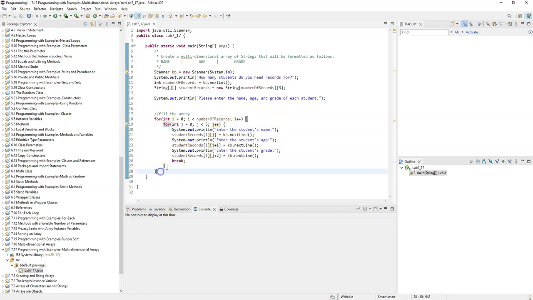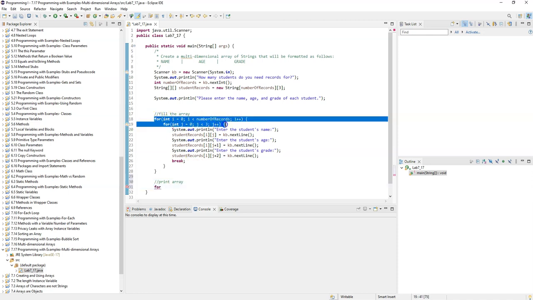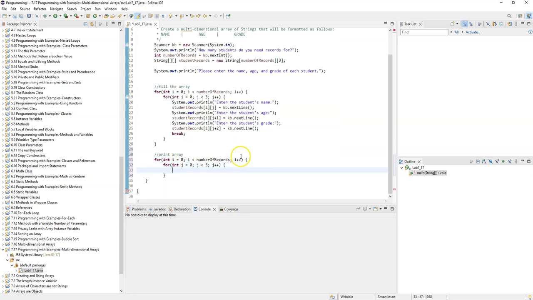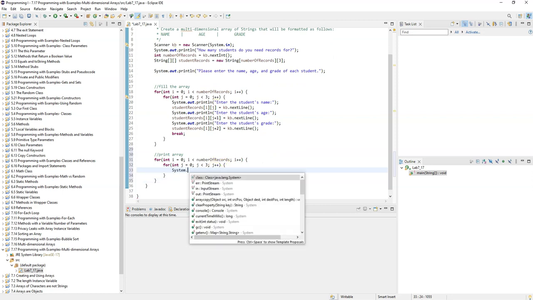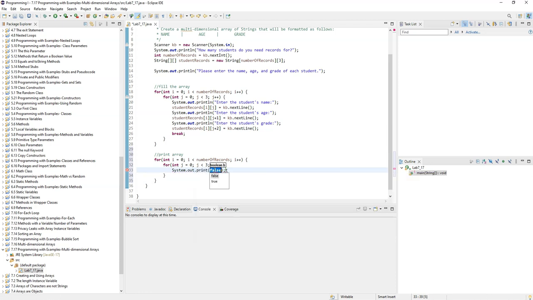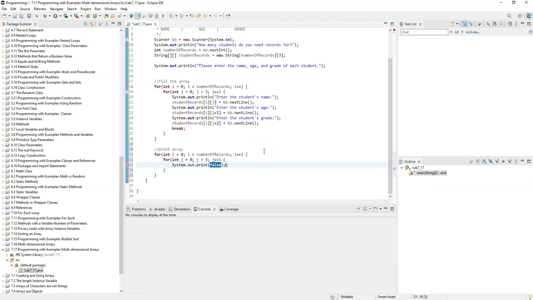And then let's go ahead and print this array. And again, I'm going to do a nested for loop. In fact, I'm just going to copy my headers to make this a little bit easier for myself. And so now all we want to do is a system.out.print of, first thing, of course, just print out whatever's in that first column. Because remember, we have name, age, and grade. So I want to print, in this case, student records